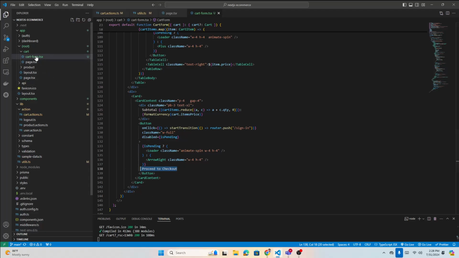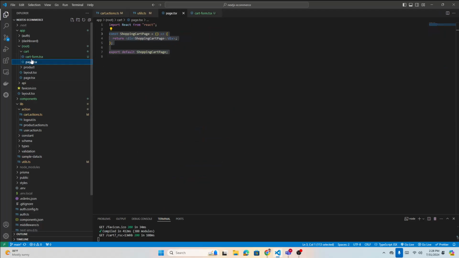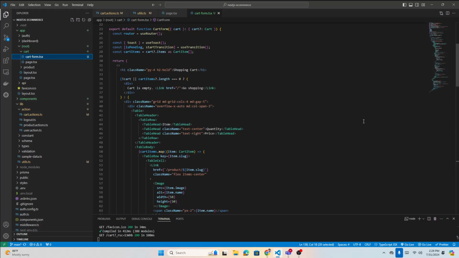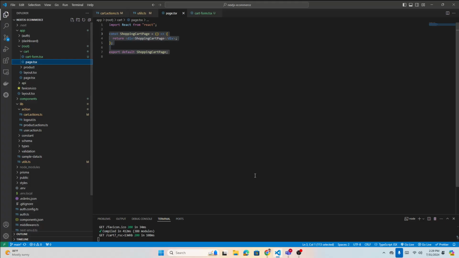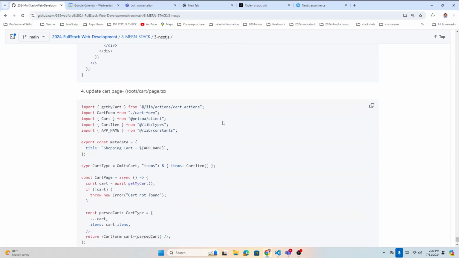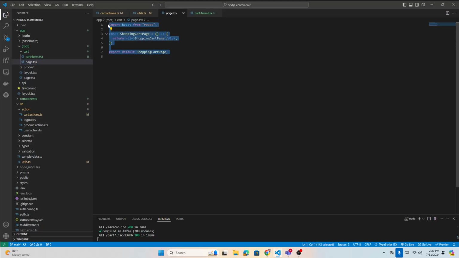So okay, now we have the cart form, right? We're gonna display this in our page because that's the thing that loads as the page. And also from the page we have to get the shopping cart and give it to the cart form, right? Because this component is looking for the cart item cart. This is the prop we have to pass to this component. Okay, so that is all we're gonna do here. Let me just get the code,